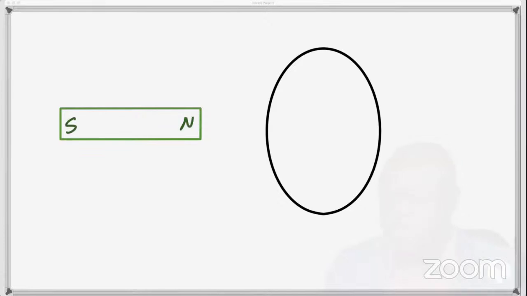We know that the magnetic field lines go away from the north towards the south pole. And all these lines extend into space.